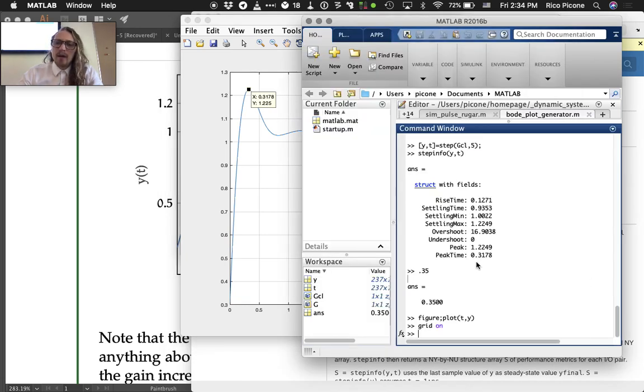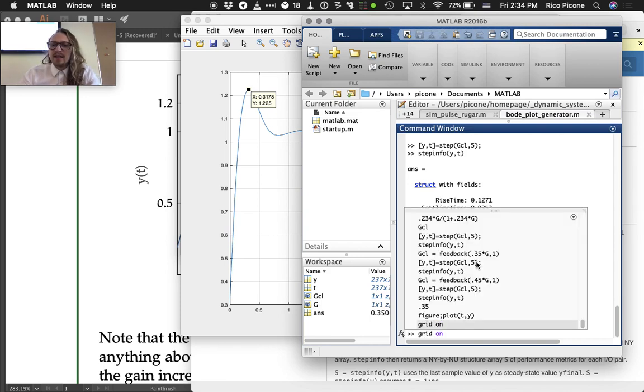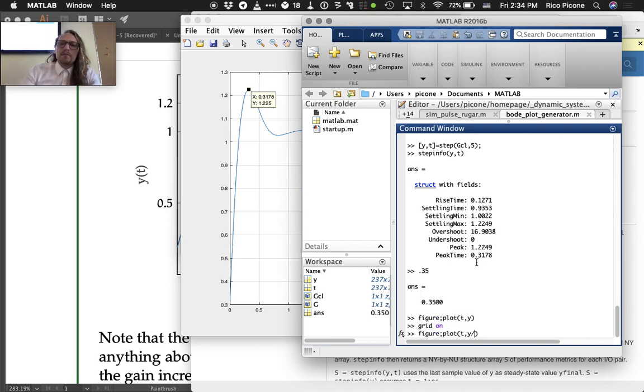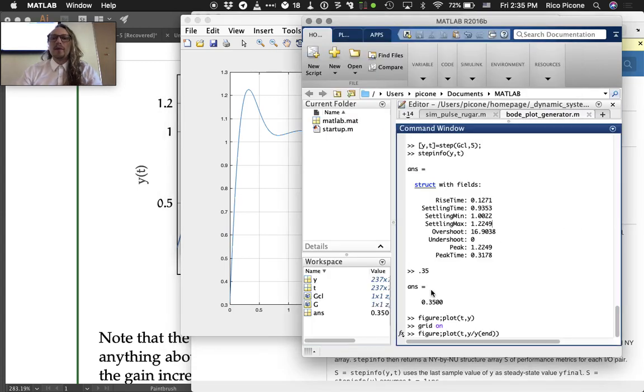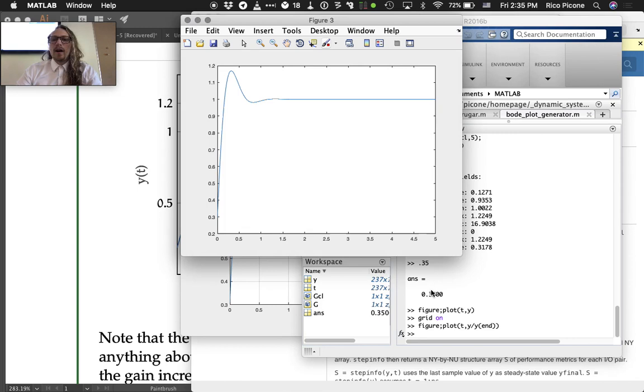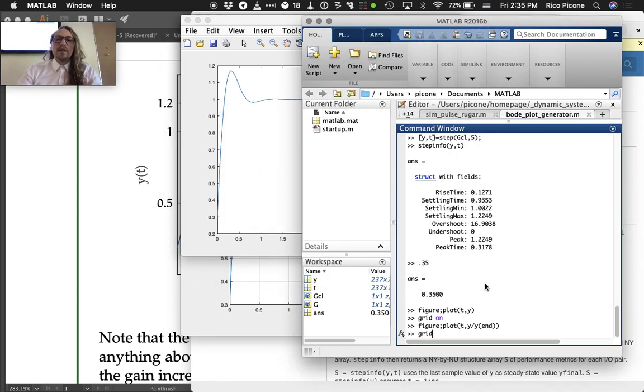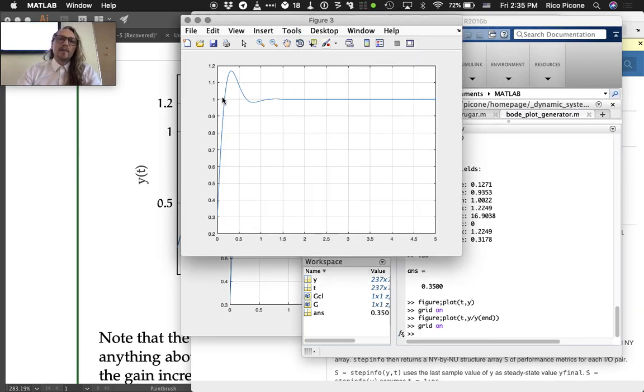But one way we can plot it is to divide by the steady state value, which is probably a good way to go. An easy way to do that is just divide by the last point in the y array, which corresponds to that, right? That's the last point. So if you divide by that last point in y, and you turn the grid on, then you normalize it by 1, and you see that the percent, or